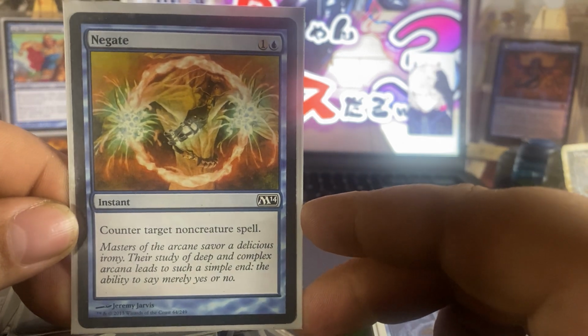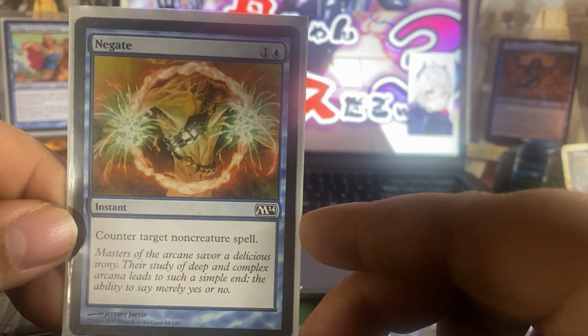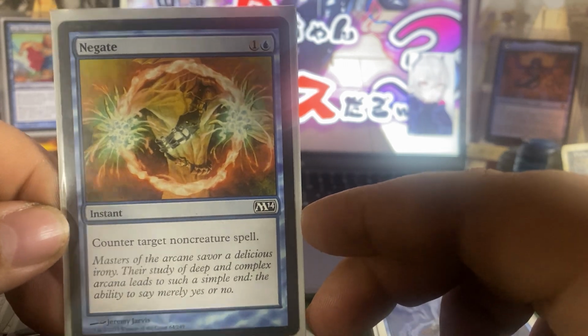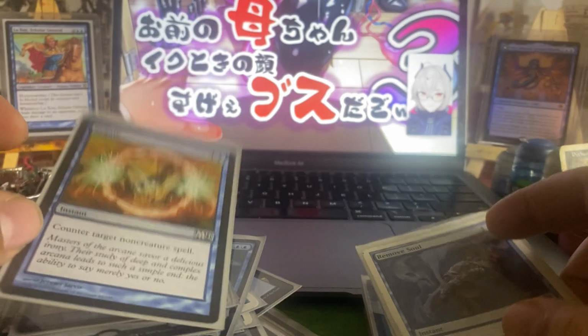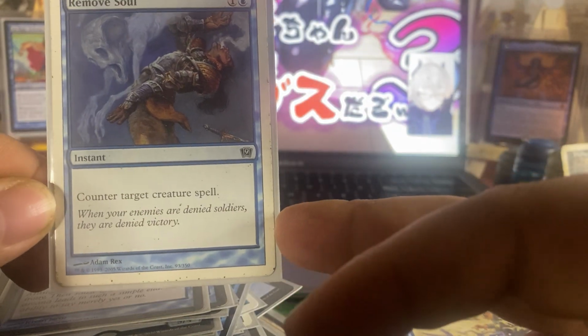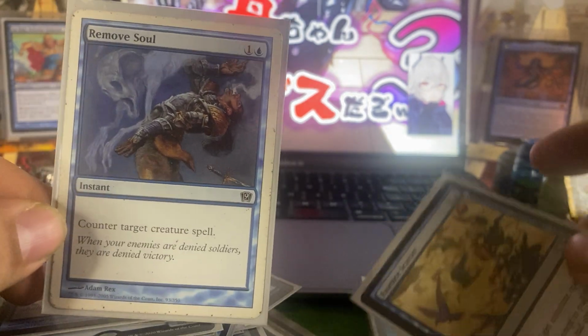Negate, one of the best cards, because half the game or more is creatures, but the other half is non-creatures: instants, sorceries, planeswalkers, and now battles. Very useful to have Remove Soul, counter target creature spell, so the effect of the other half as we go into